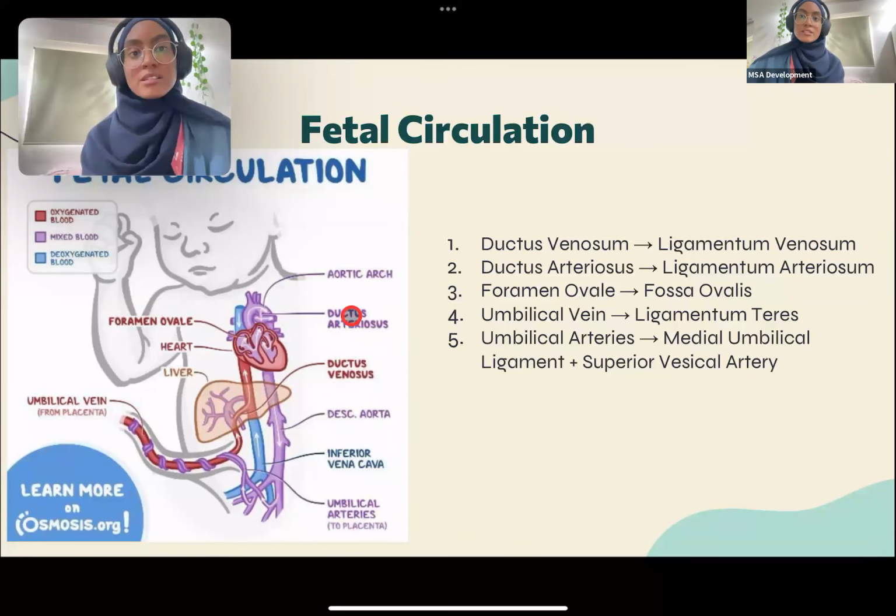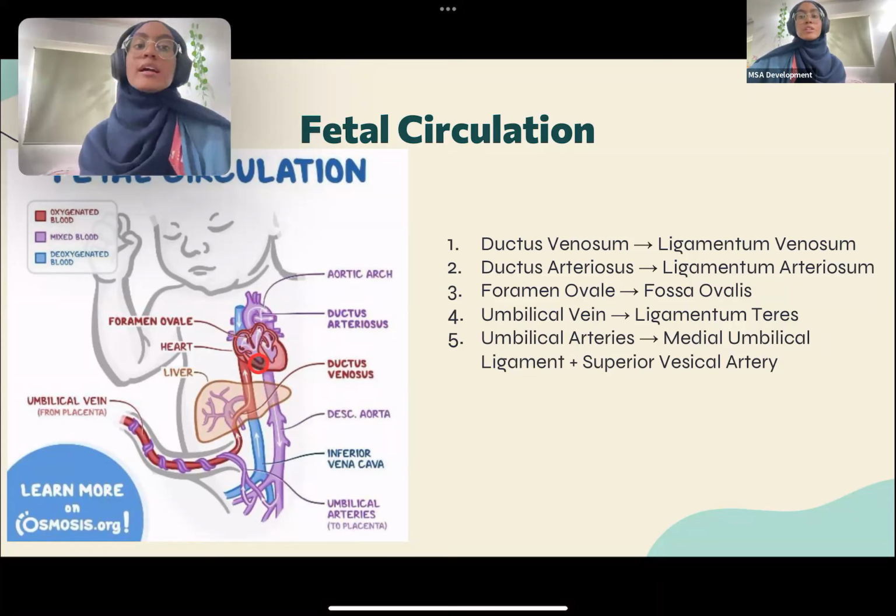Ductus arteriosus is basically an opening between the pulmonary artery and the aorta. Okay? So in case the blood went to the right ventricle and then to the pulmonary artery, we can still go back to the aorta to go to the body. Okay? Now, of course, once we're old, meaning once we're born, we no longer need this